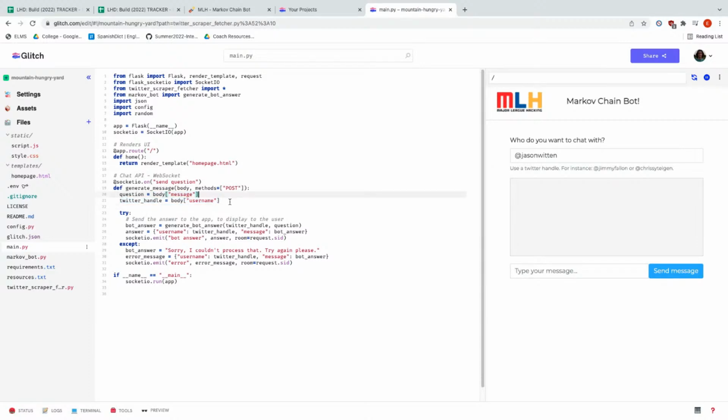So body is probably some kind of hash map, and message is the key that hashes to the actual string message, and username is probably the key that hashes to the actual username, and that's how it is being assigned.